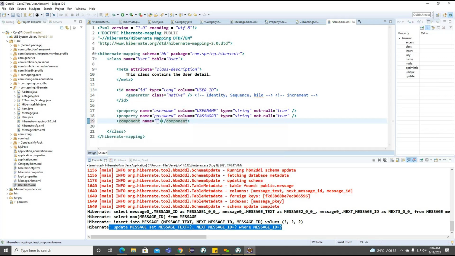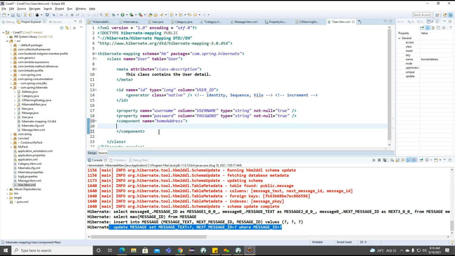So what is the name of the component here? Getting the point. The name of the component I want to provide as home address. So inside this particular home address, now what I'm doing is I'm trying to define the columns here.